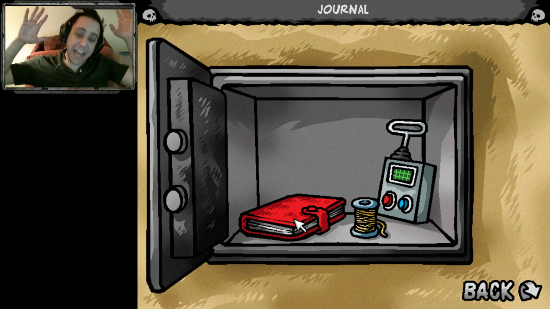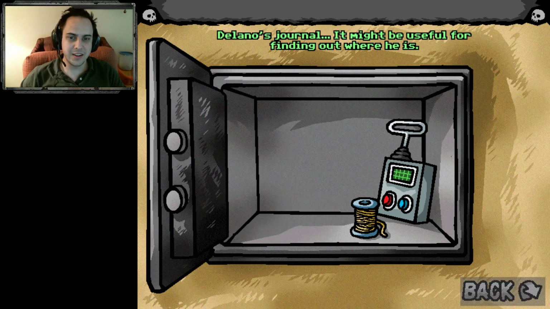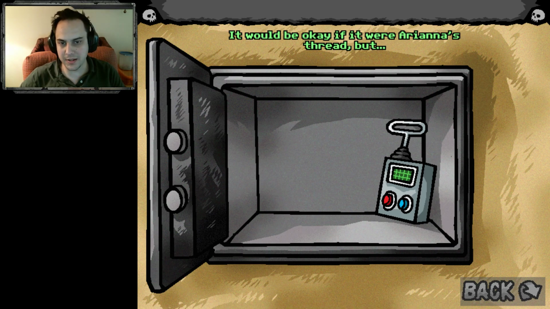I got it! Yay! Figured it out! Delano's journal. It might be useful for finding out where he is. I wonder how a reel of thread ended up in Delano's safe. Well, he's got himself in stitches somewhere. It'd be okay if it were Ariana's thread, but...